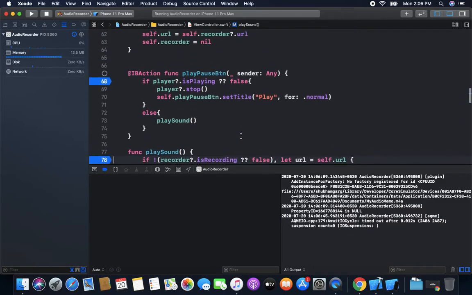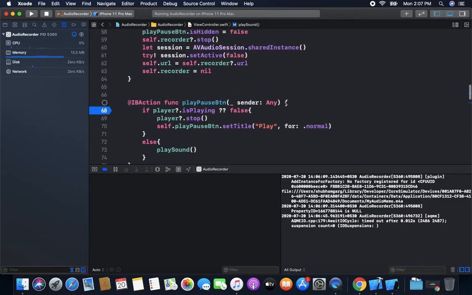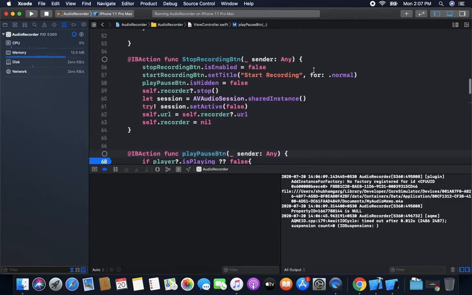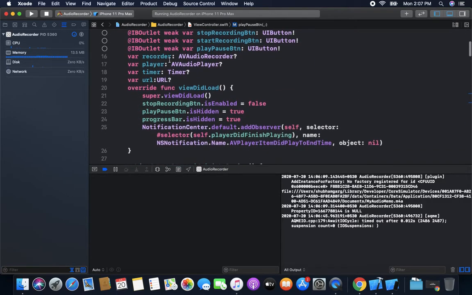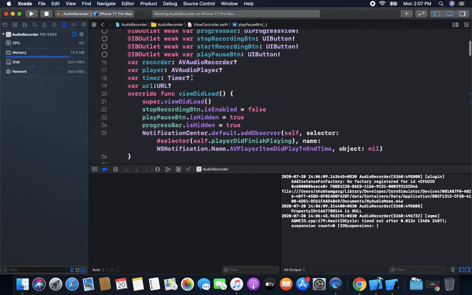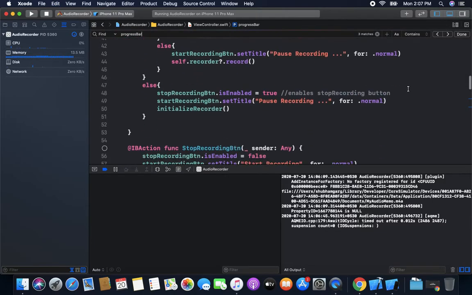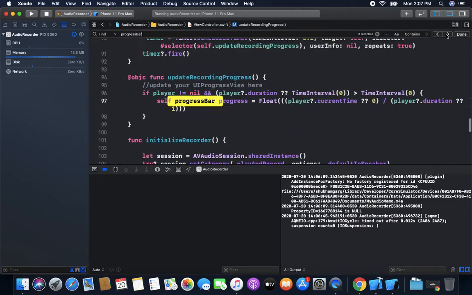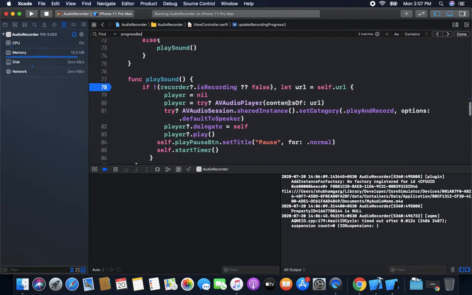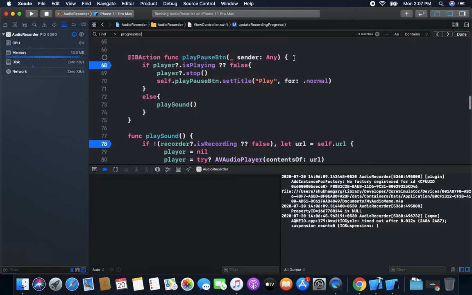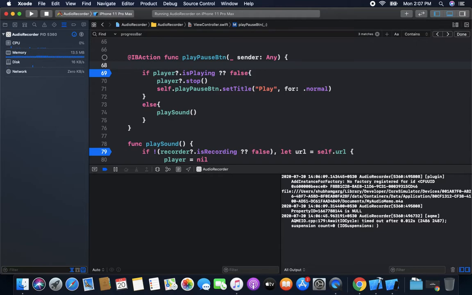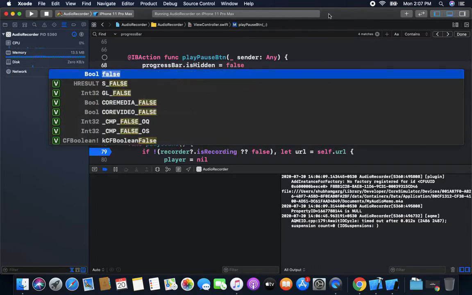Firstly, we need to unhide the progress bar. So when the play button is clicked, we need to unhide the progress bar. To see the progress, dot isHidden equal to false.